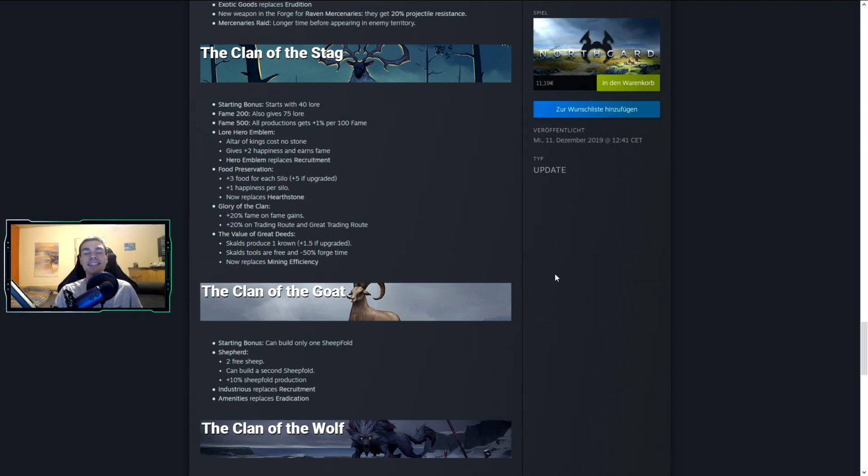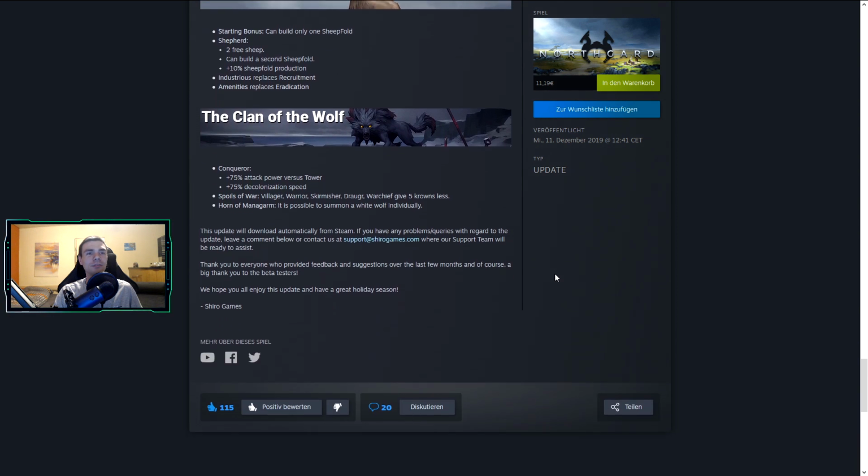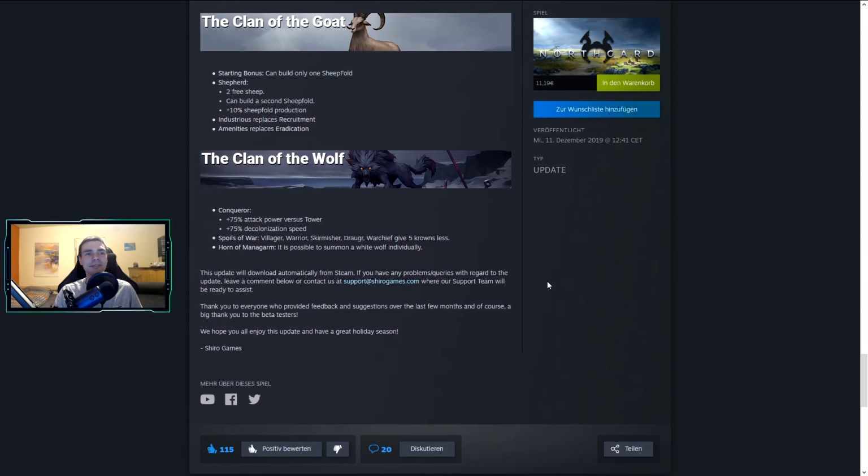Let's go into the clans that definitely needed a nerf last patch, the clan of the goat and the clan of the wolf, and I can tell you one of the clans definitely got a huge hit right there. So the clan of the goat will now only be able to build 1 sheepfold at the start of the game and will only be able to build a second one if you went for the shepherd lore. It will yet give you 2 free sheep and 10% sheepfold production,